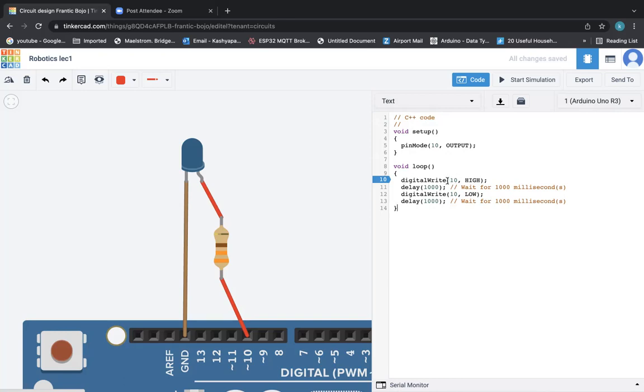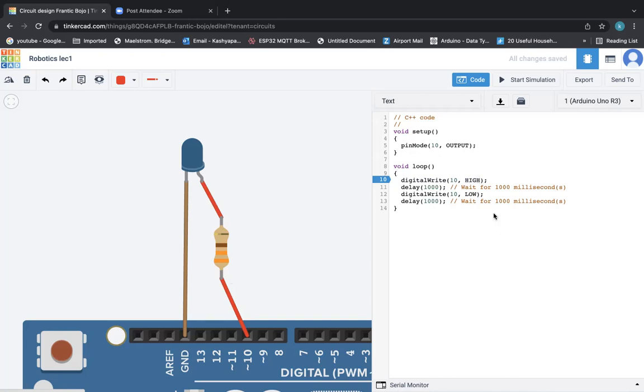And then here within brackets, this entire thing is a command, right? So in brackets you need to tell what is the pin and whether it is high or low, right? So in digital write mode, first of all, you need to give the pin number, and then set that pin high or low.